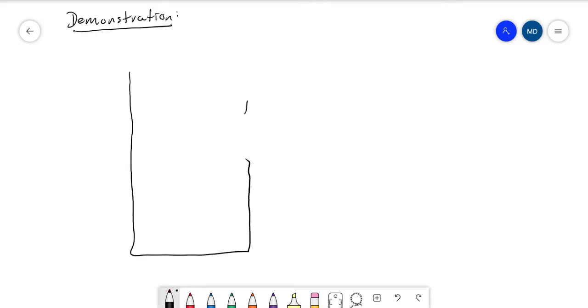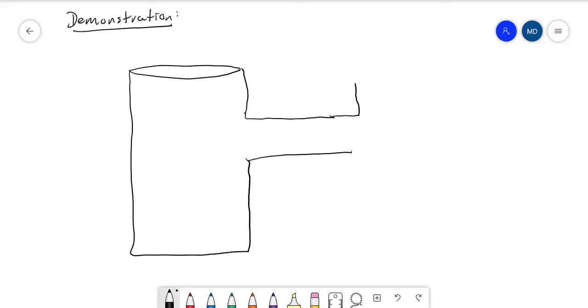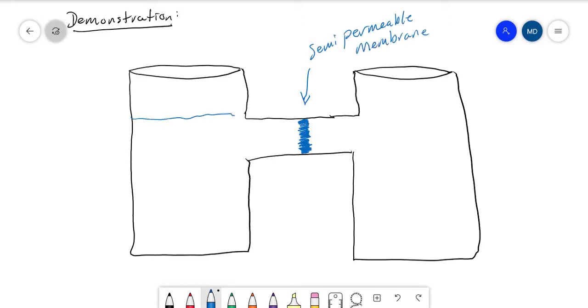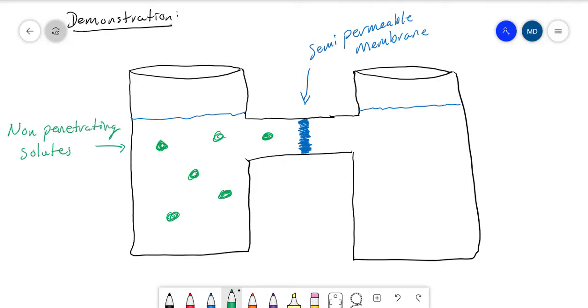Imagine, if you will, two beakers adjoined by a connecting tube, and that tube is blocked with a semi-permeable membrane. The two beakers are filled with fluid, and a large molecule, a non-penetrating solute, is added to the beaker on the left. This molecule is larger than the pore size in the membrane and therefore cannot pass over to the beaker